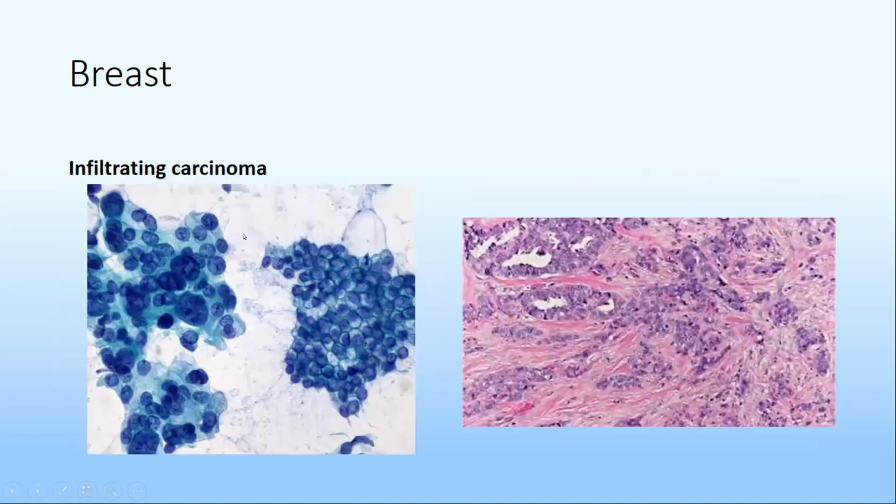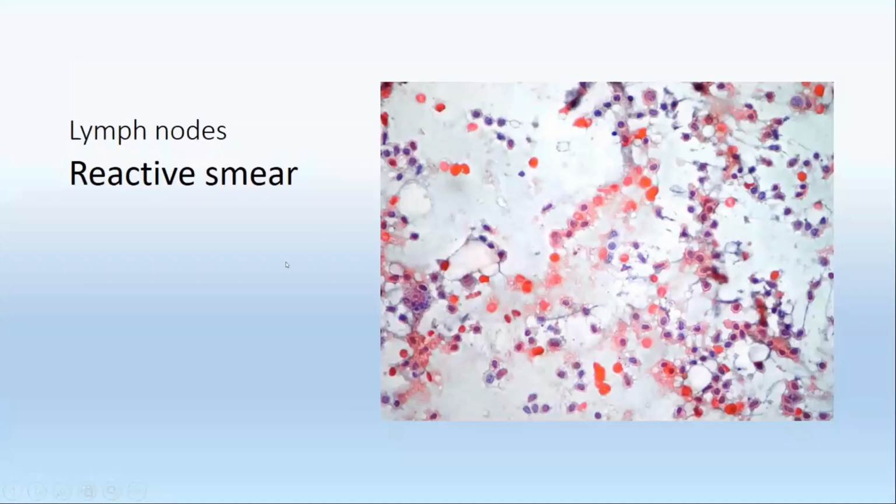Okay, this is what malignant looks like. This is under H&E. It's easy to diagnose under H&E actually, based on the loss of glandular architecture. This is the breast, but here you can see very pleomorphic nuclei. This is so huge, this is small, and you have intermediate. Whereas this is a benign one. So that's the breast. This is lymph node smears.